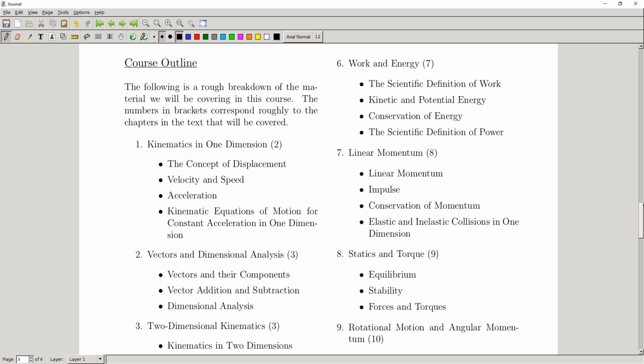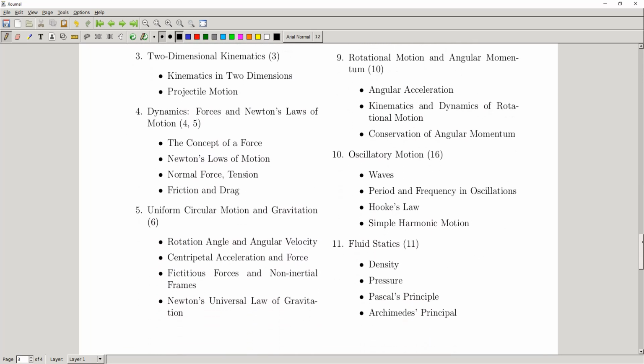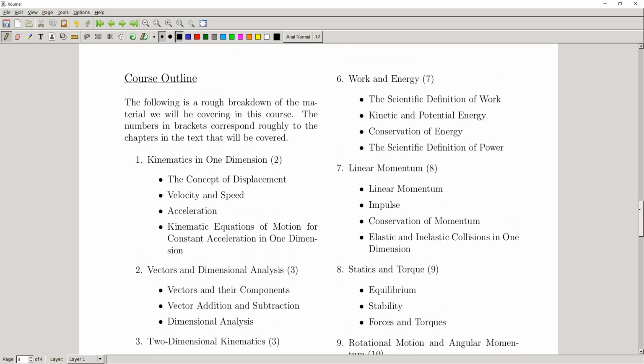So this is sort of an outline of all the content we're going to be covering in the course. I realize that if you haven't done the course before and you're not familiar with all these topics in physics, a lot of this won't make too much sense to you, or won't be very useful at this point. But at least you can follow it as we go through.